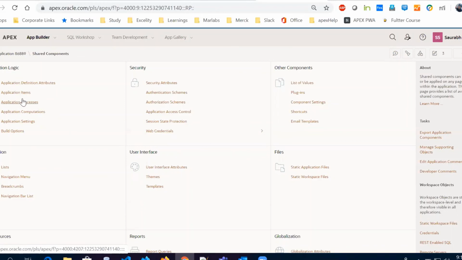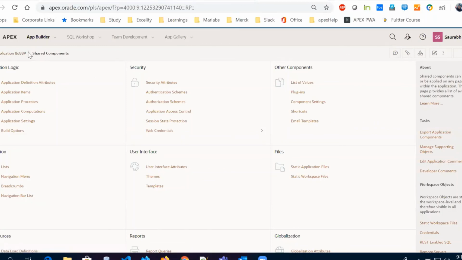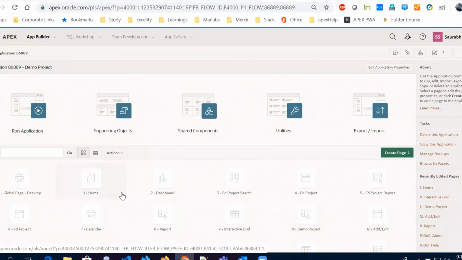Here you have a lot of stuff like Application Items, Application Processes, and Application Computations. So if you create any item from here, that item will be accessible throughout your application. But if you create an item in a page, that item will be accessible only to that particular page where you have created it. Okay, so these are the core places from where we develop the things. Okay, yeah, so